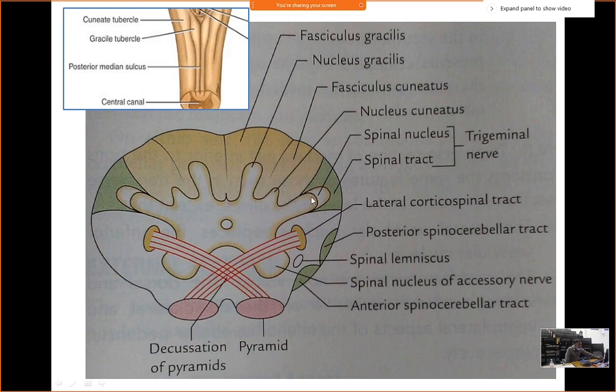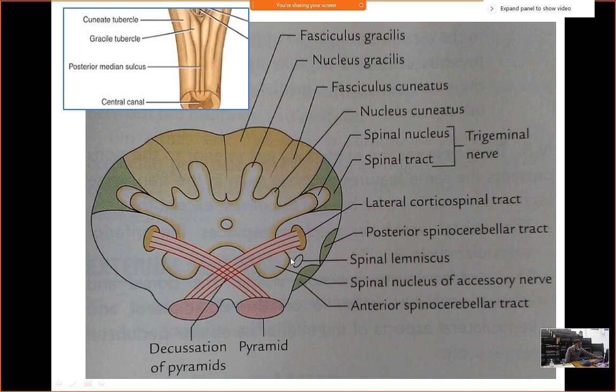Here, if you think that this is the dorsal horn of the medulla, the gray matter of the medulla, so this is again an elongation, and this elongation is called the spinal nucleus, and this is our spinal tract of what? Of the trigeminal nerve or fifth cranial nerve. Then sometimes there will be an accessory nucleus, the accessory cuneate nucleus. Sometimes it may be present. So from here some nucleus will detach, and then we call it the accessory cuneate nucleus.